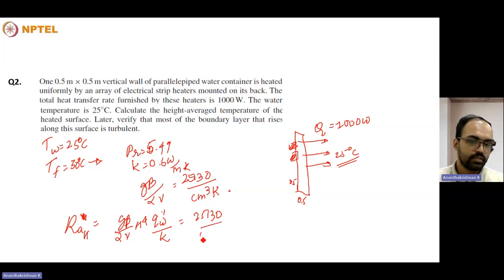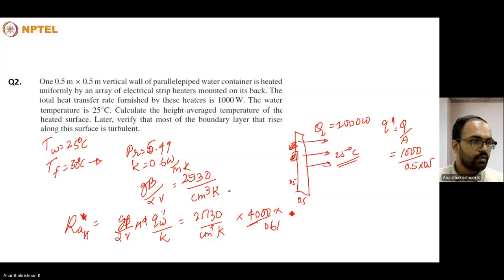So q double dash is equal to q divided by area, 1000 divided by 0.5 into 0.5, so it's 4000, divided by 0.61, and h raised to 4. Because this unit is in centimeter cube, we calculate